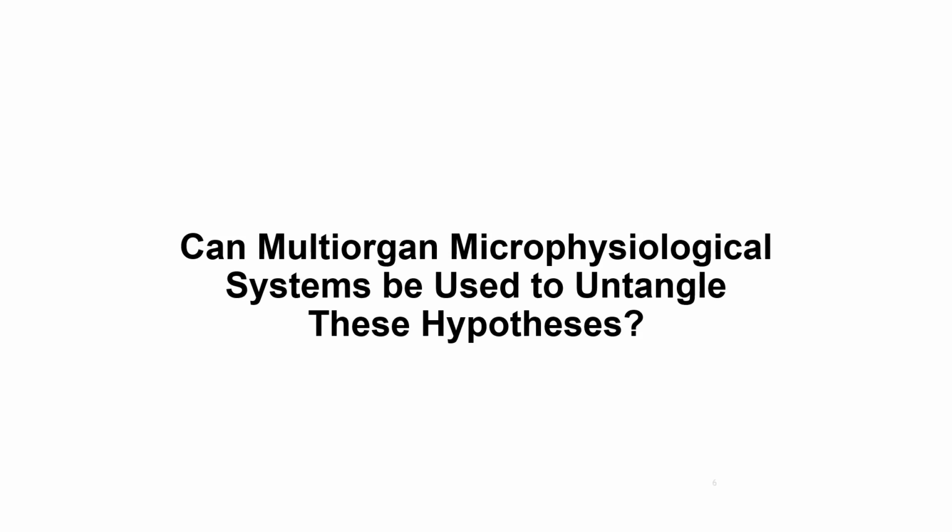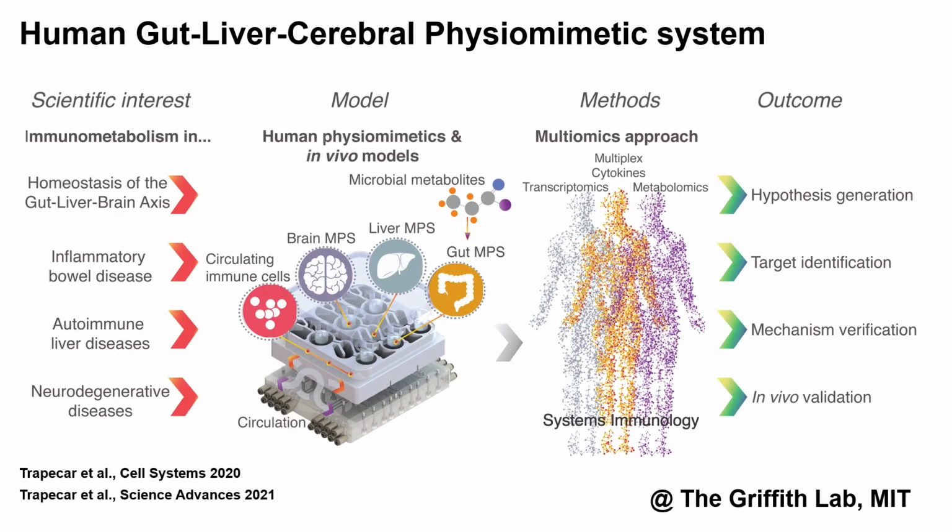And I don't know, I have no idea, but it's the mission that we pursue, to explore if that's the case and if we can really look at microphysiological systems as models to study complex diseases. I started this path unbeknownst, 15 years ago, when I first started to model gut immune interactions in vitro, and then later pursued studies with animal models, human models, and macaques to study how the local immune environment in the gut dictates systemic immunity. But where it really came together for me was when I joined Linda Griffith's lab as